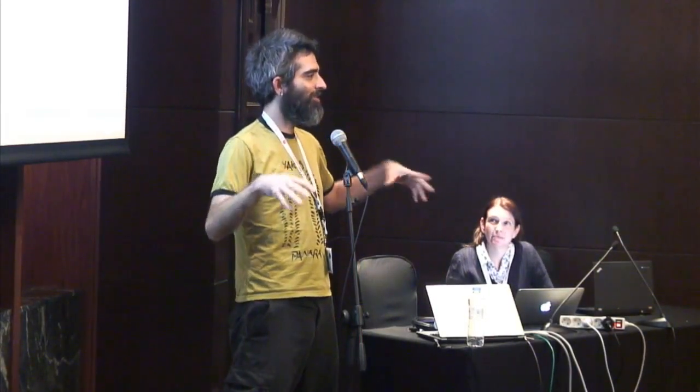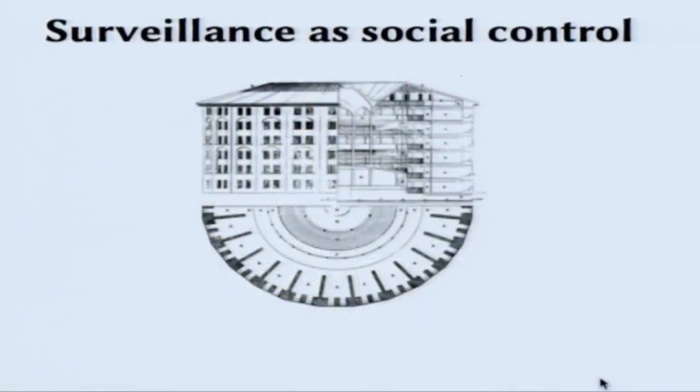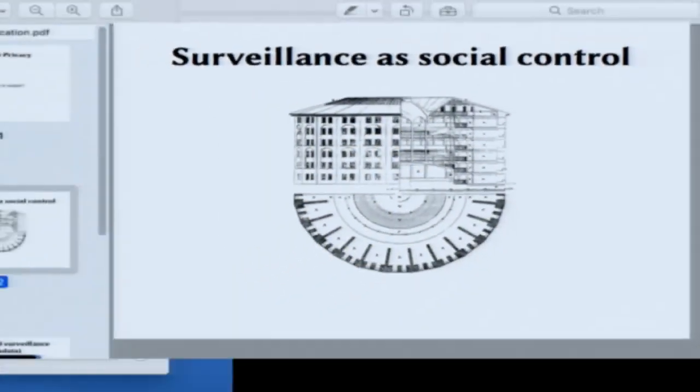So this is a plan for the Panopticon, which is a prison that's designed so that a warden sitting in the central tower of the prison can effectively see everybody in all of the cells around the outside. And so that allows one or a very small amount of people, the guards in this case, to have control over a very large population. I find that troubling, and I'd like to make sure that the network where the smarts are at the edges doesn't make it so that the center actually has control over those smarts at the edges. So do next.